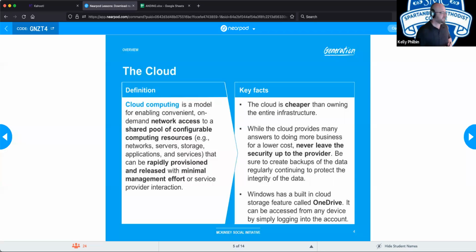So essentially, a shared pool of resources, able to deploy resources as needed on demand. An amazing thing, to say the least. The cloud is essentially cheaper than you owning that entire infrastructure yourself. If we're going to be running a streaming service or web servers, all that kind of stuff, two things can happen.